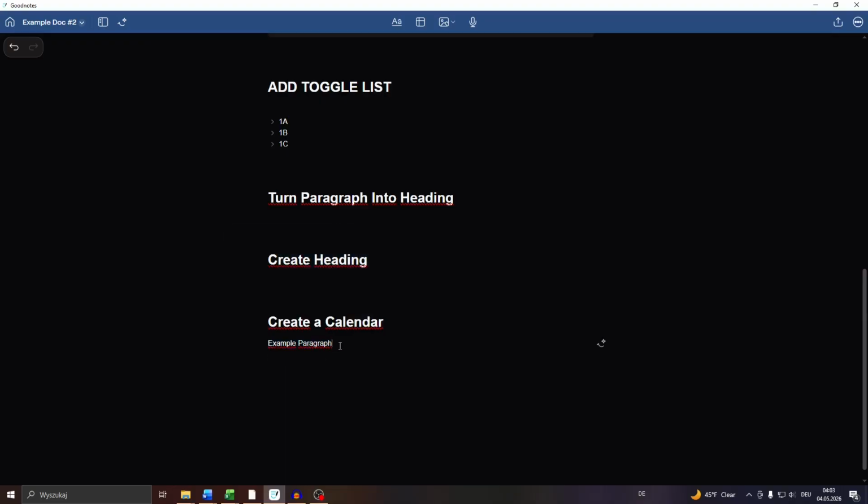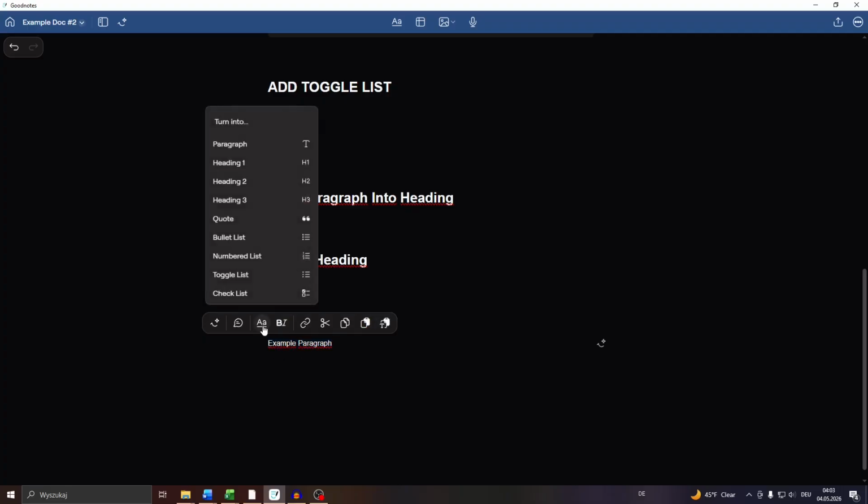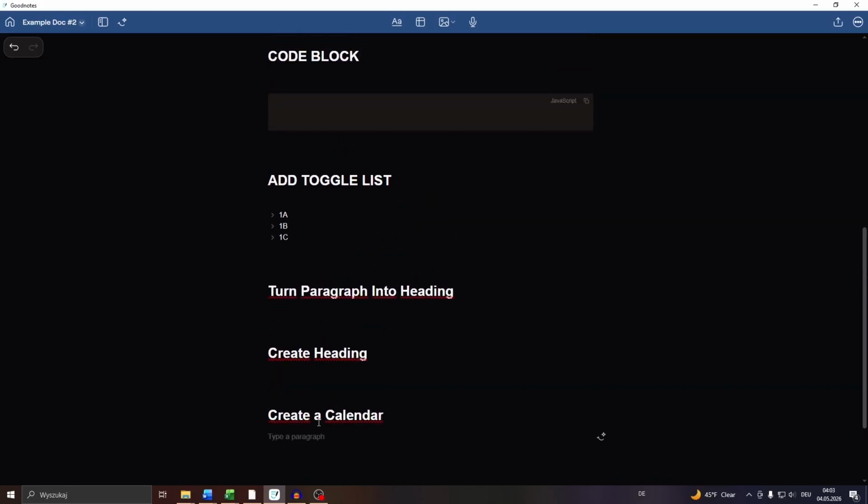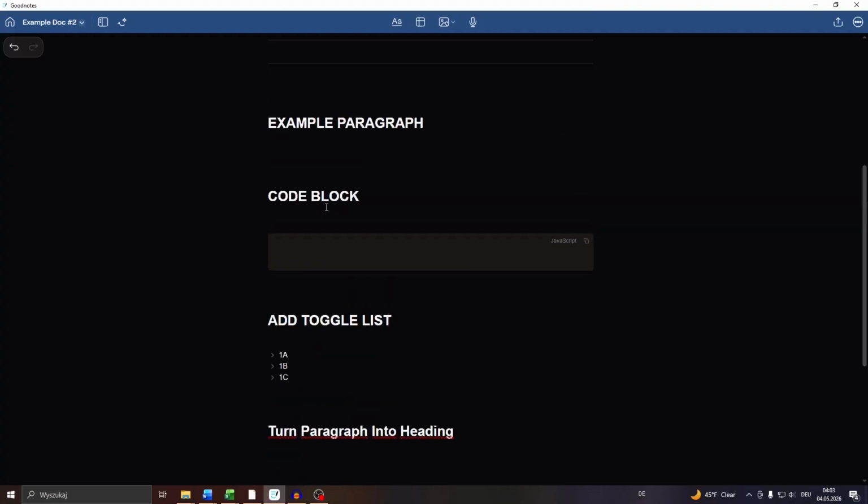So if necessary, convert the given paragraph into heading: click into it, highlight it, select turn into, and select heading 1, 2, or 3, depending on which type of headings you would like to use. For instance, if that's heading 1, and you would like to add heading 2 to it below, convert the given paragraph into heading 2. Now, as you can see, we got 1, 2, 3, 4, 5, 6